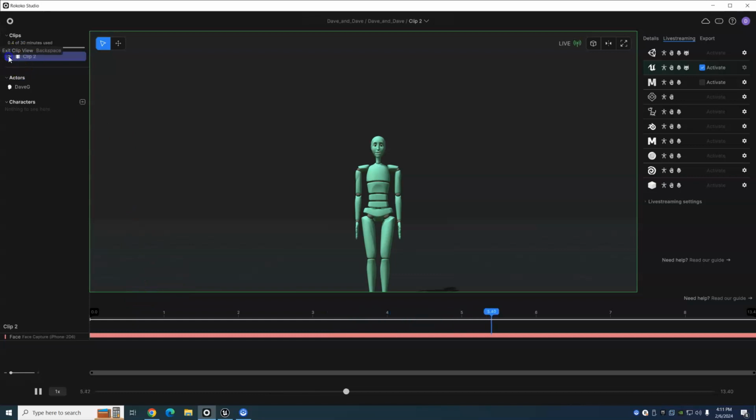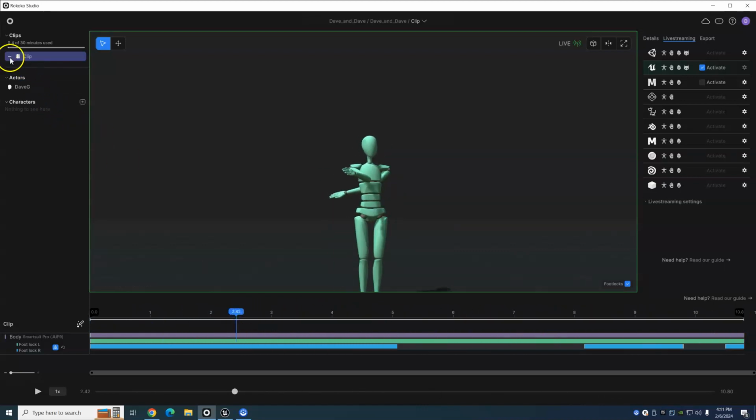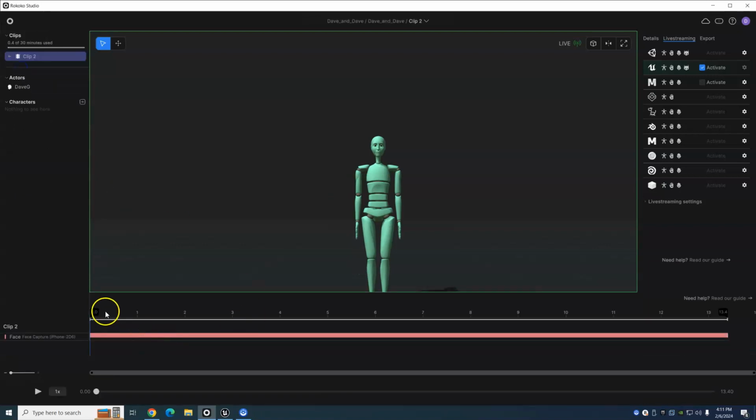So I have two clips here. I have one clip that I pre-recorded, which is I basically just had the suit hanging and I grabbed it and started moving around. But then I took another clip and I actually used the face capture software, which we're going to go over in class. But I recorded this, and then what I'm going to do is I want to actually get this